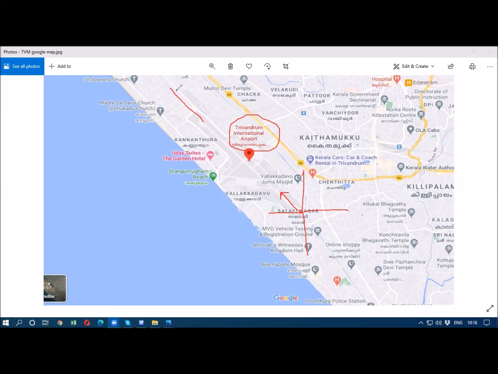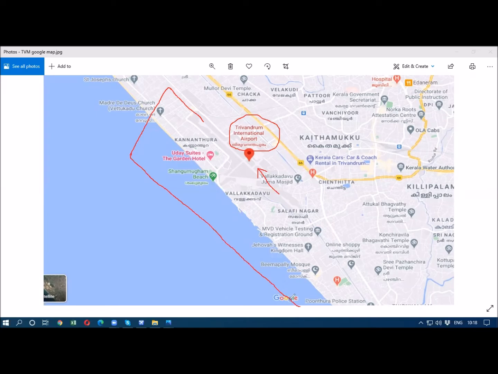After about 4 or 5 nautical miles, we will turn to a heading of 200, something like this. This is 180, this is 200. So we are on the Arabian Sea here. Again, after 4 or 5 nautical miles, we will take a turn to a heading of 140.